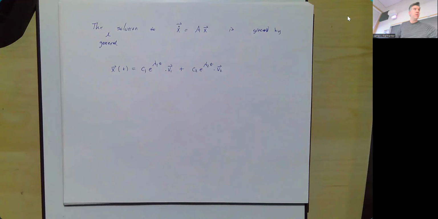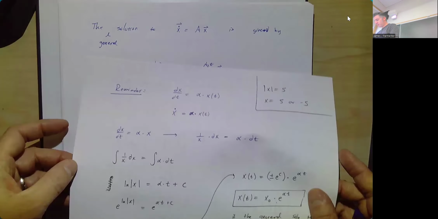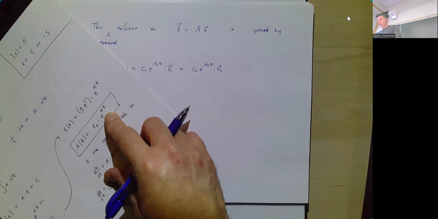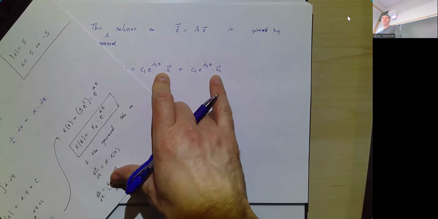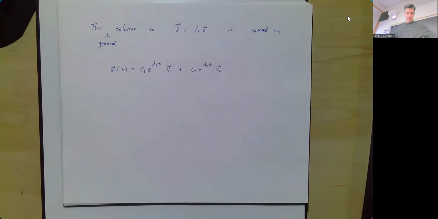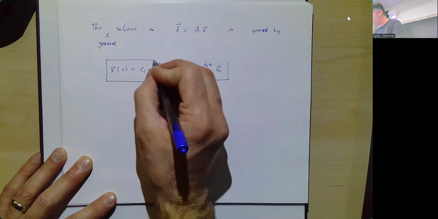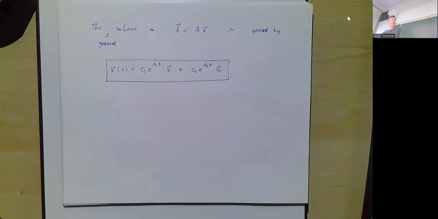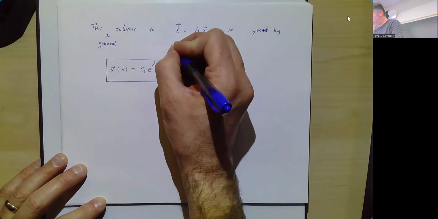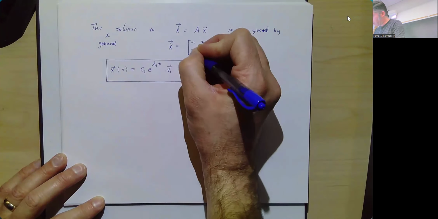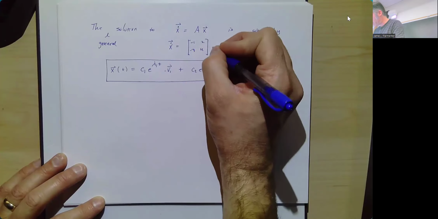Very, very similar to x equal to x naught e to the alpha t. We're just taking that and essentially multiplying it by the eigenvectors. This is the general solution to the system of linear differential equations. So let's actually fill in the values here. What we're really saying is that in this situation where x dot is equal to the matrix A, which is -1, 2, -3, 4, times x,